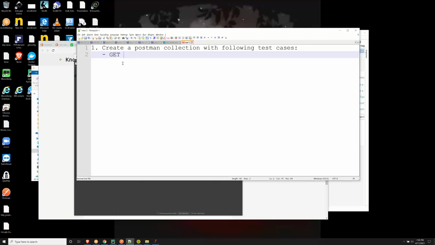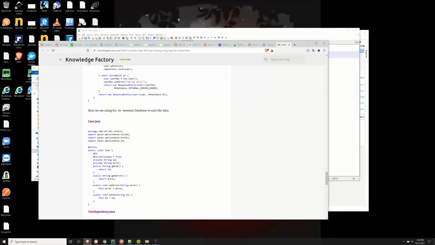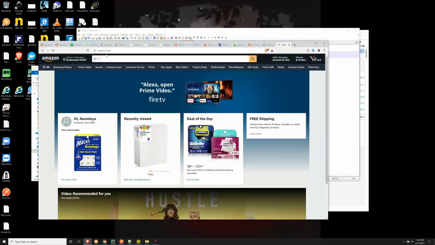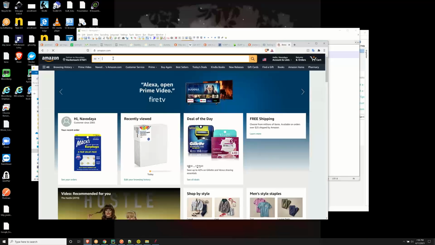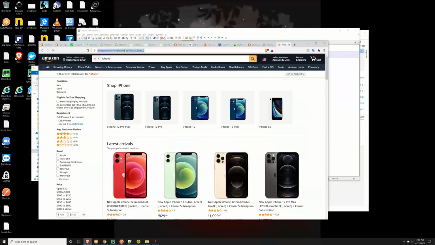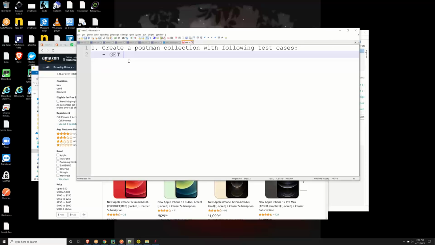Get request to, since I picked up a fake dummy server, I want you guys to test a real web server, real website like Amazon.com. So you're gonna go to Amazon.com and you're gonna search for, let's say, iPhone, or maybe whatever product you want to search for. You're gonna search for iPhone, and this is the URL, right? So you're gonna select that URL, or maybe the whole URL, whatever you want to do. So get request